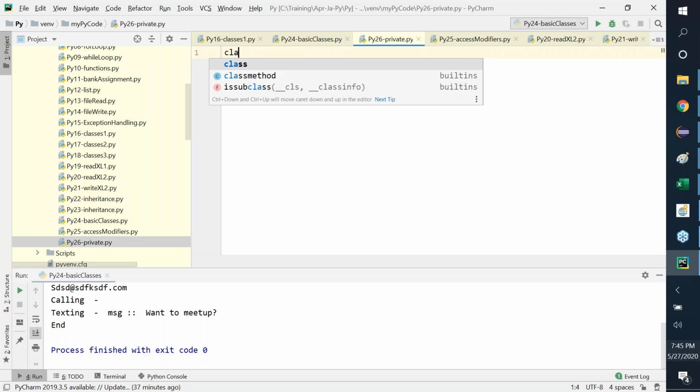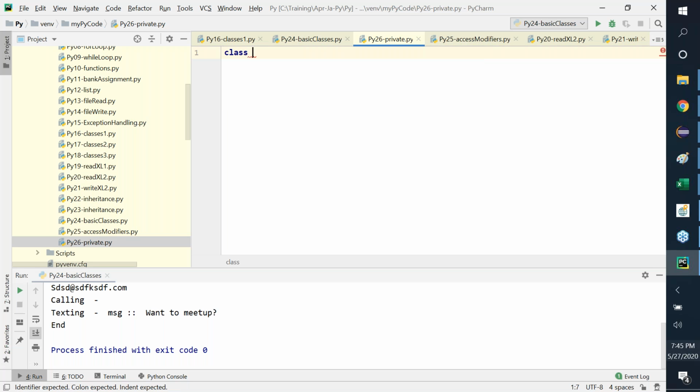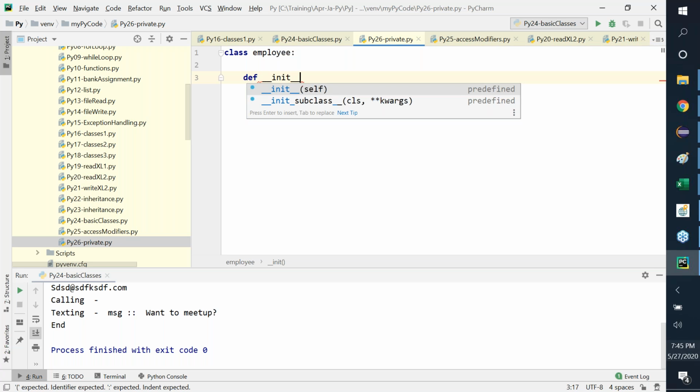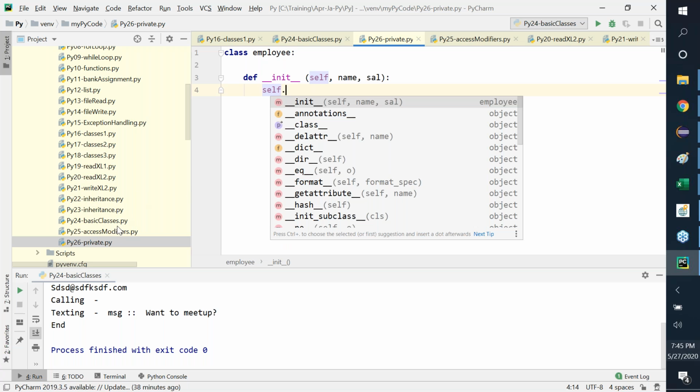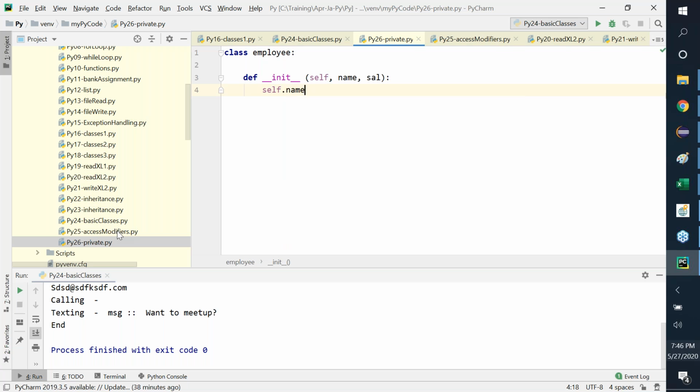So let's say we have a class for employees. And the most important thing when I'm creating an employee is to have an initialization method that says that, okay, there is a name and there is an ID and maybe a salary. And let's take out ID for now, just have name and salary. So all I say is the self dot what we used to say earlier. Here, if I say self dot name,